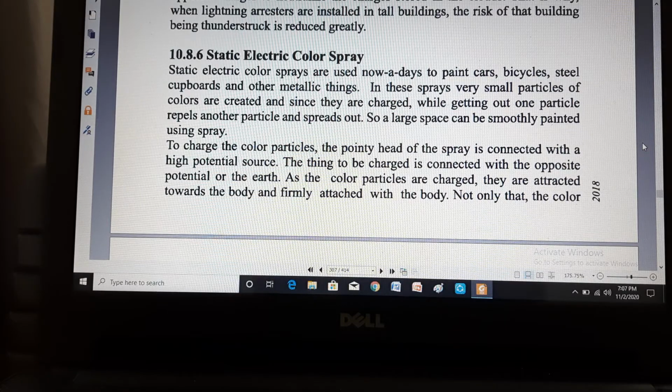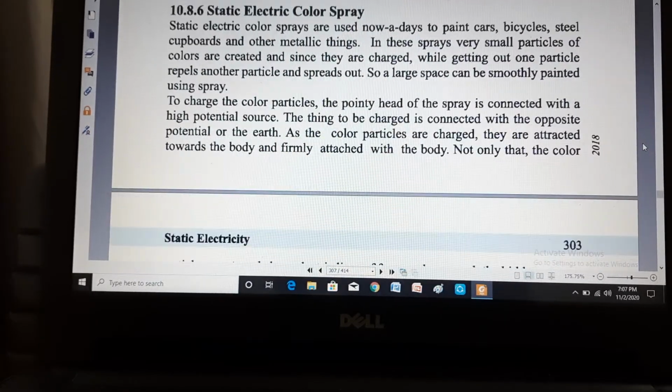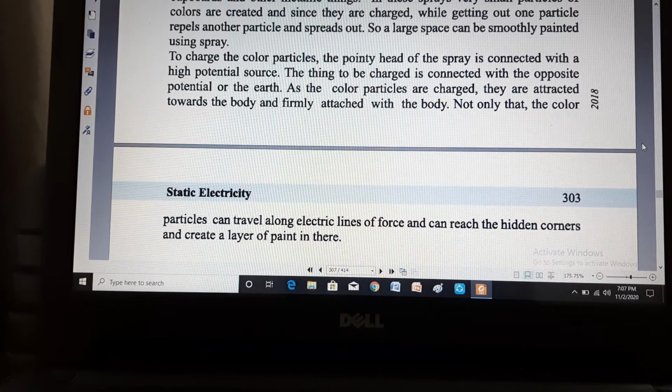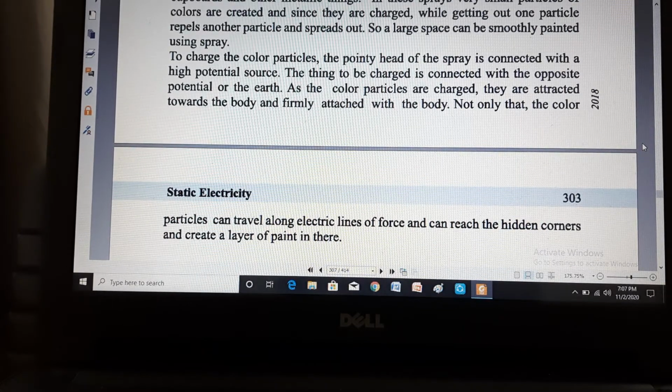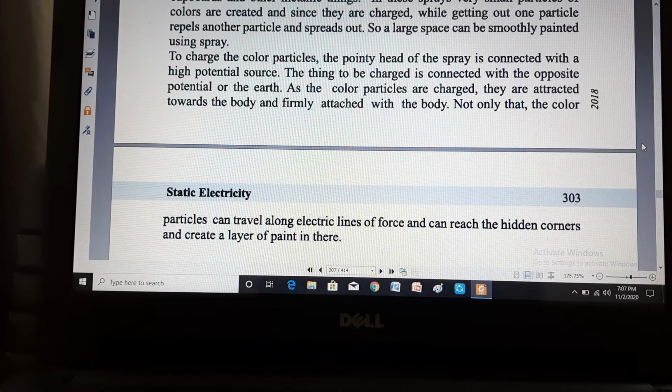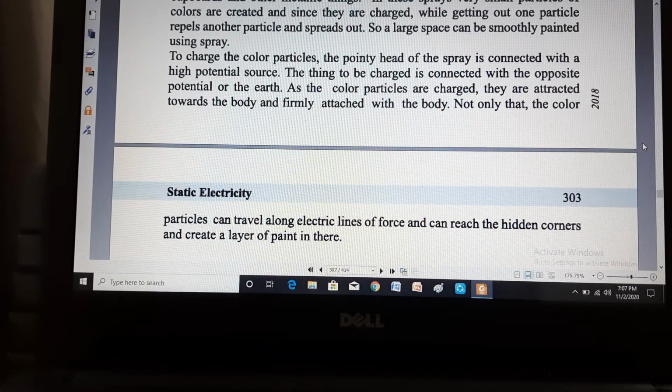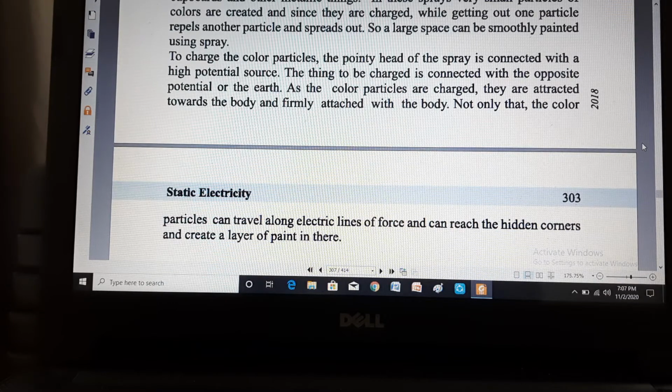Not only that, the color particles can travel along electric lines of force and can reach the hidden corners and create a layer of paint there. So, by this process, we can paint a huge area in a shorter time, and the painting will be so smooth and